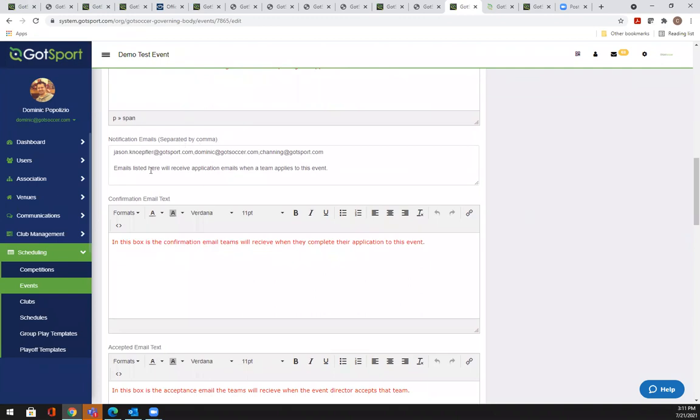Notification emails. Anytime a team applies for this event, anyone with an email listed here will get a notification that says the U12 Arsenal team has applied for your event, and it will appear in your inbox. Up here, it is separated by a comma and no